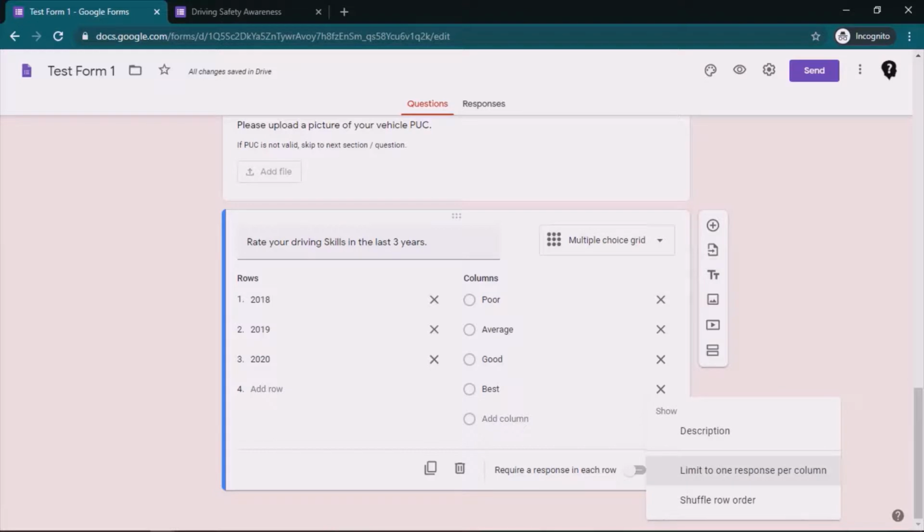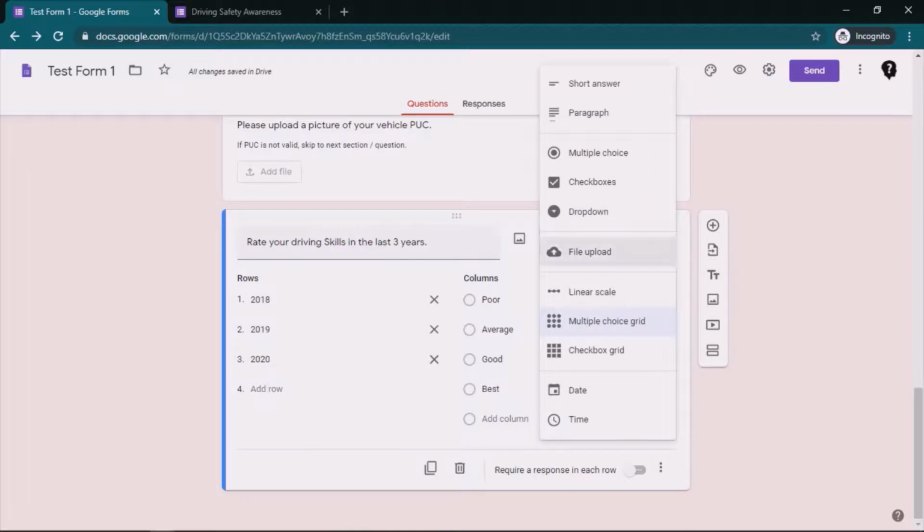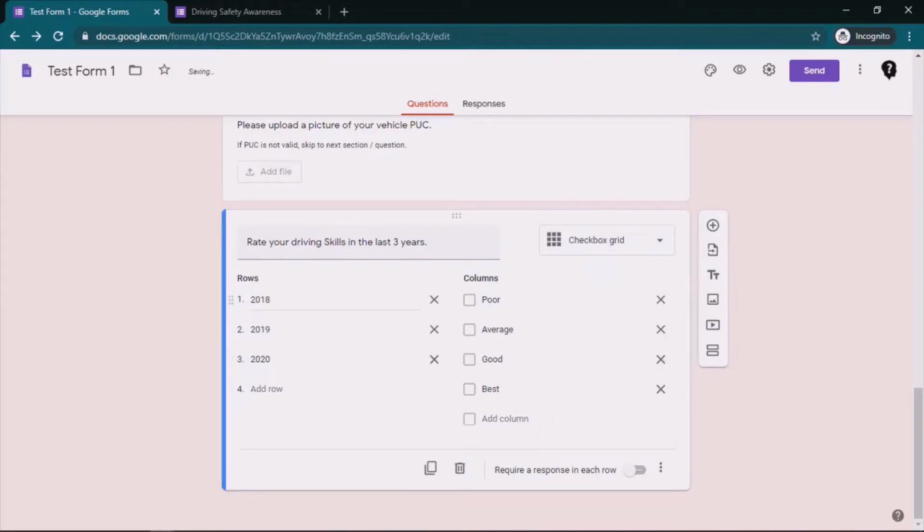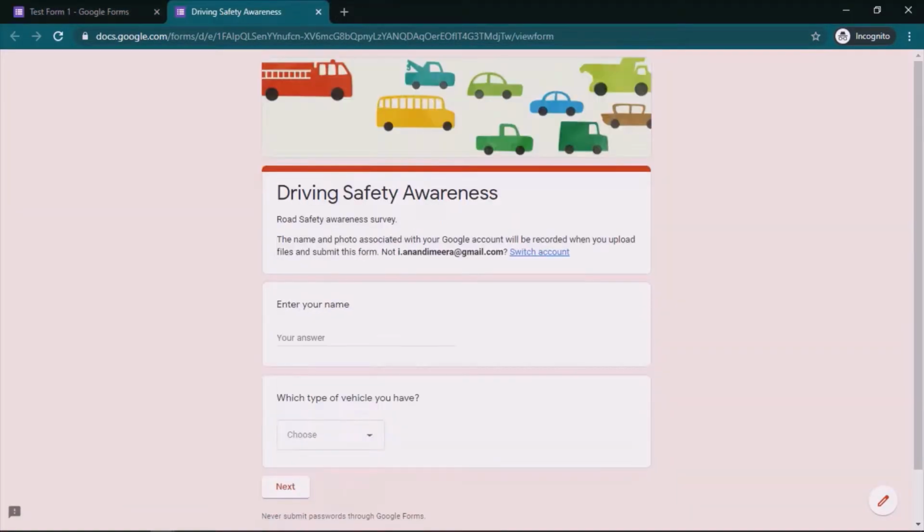What I will do is, this problem will be solved by another type of question which is very similar to the grid. If you notice, here there are circles, and here there is a square. So basically these are the checkboxes. When I click on the checkboxes, the same question will get modified. And here if I again click on the view icon,